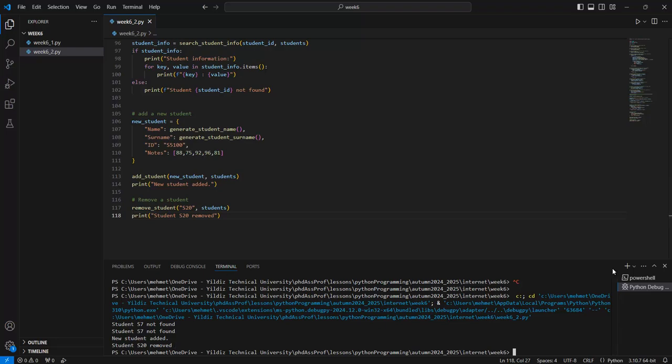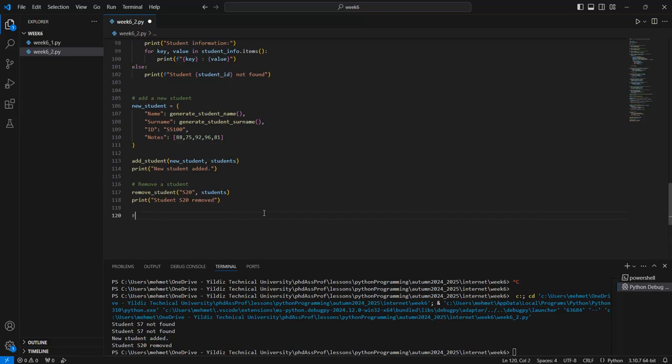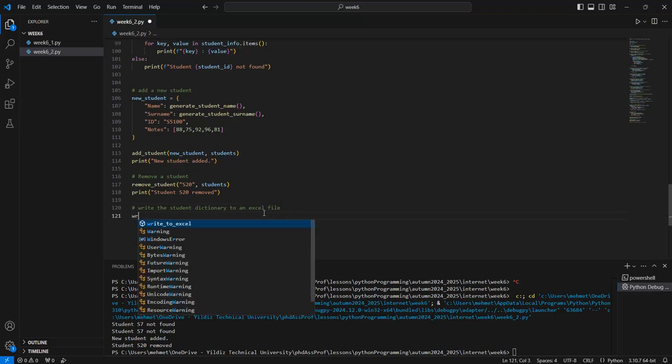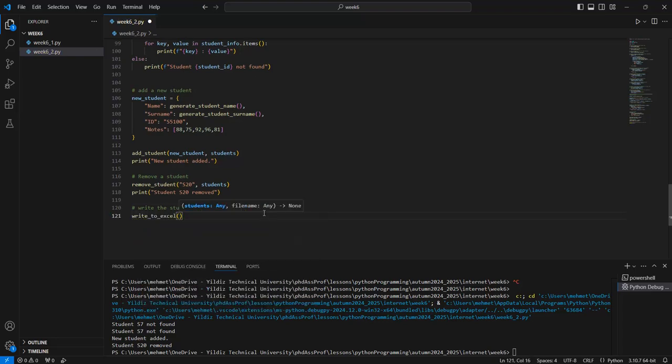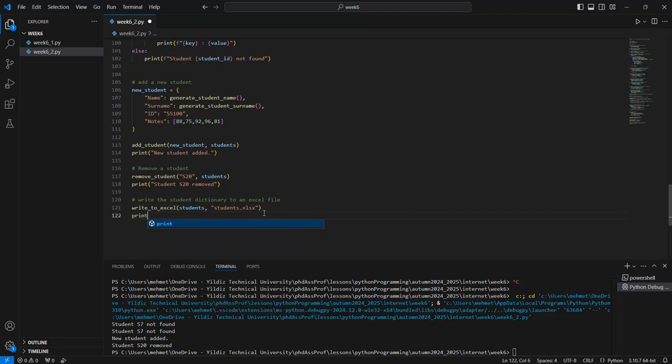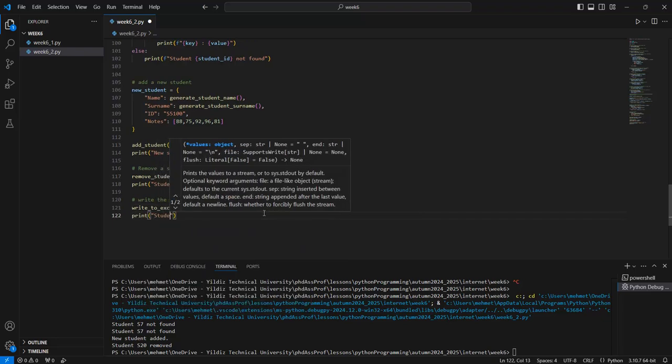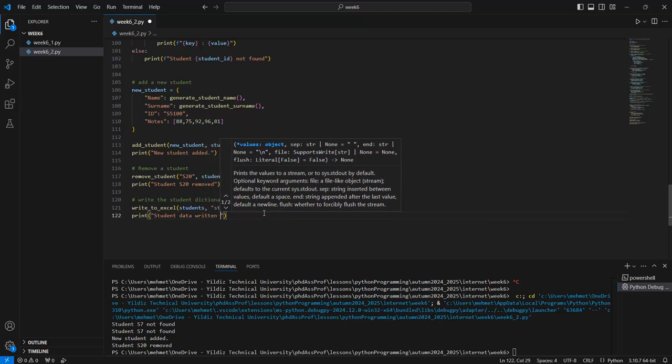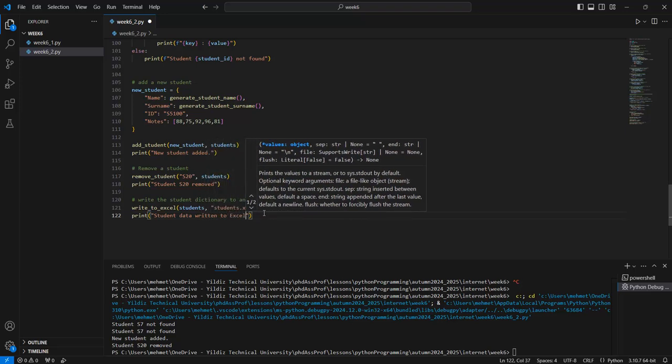Okay, also we can write these students from the dictionary to an Excel file. Okay, the write to Excel function, student xlsx, this is the extension, and so we need to give the print, student data written to Excel. Okay,